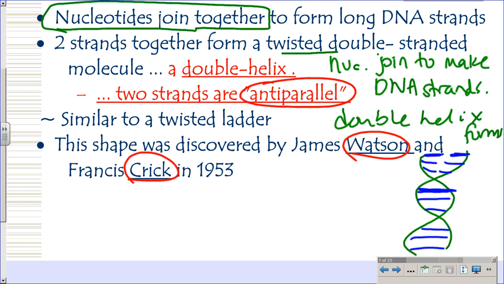All right, and then you need to know that the 2 gentlemen plus a lady named Rosalind Franklin, she actually helped, but she doesn't normally get credit because she's a lady, and ladies' contributions to science were not highly valued until about the 70s, 80s. So it's just one of those things. But anyway, Watson and Crick are credited with discovering the DNA structure as a double helix. Rosalind Franklin.